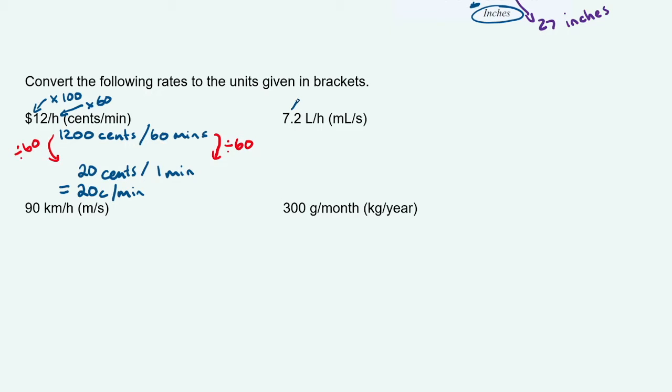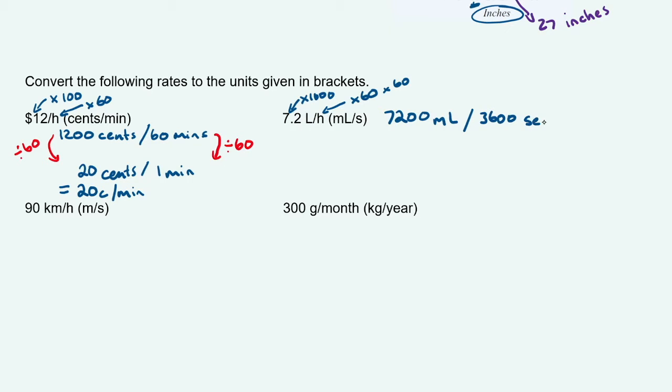We're going to have to multiply this guy by 1,000, because that's how many millilitres there are in a litre. And then this guy needs to be times by 60 to get the minutes, and then by 60 again to get seconds. So when we do that, we end up with 7,200 millilitres,